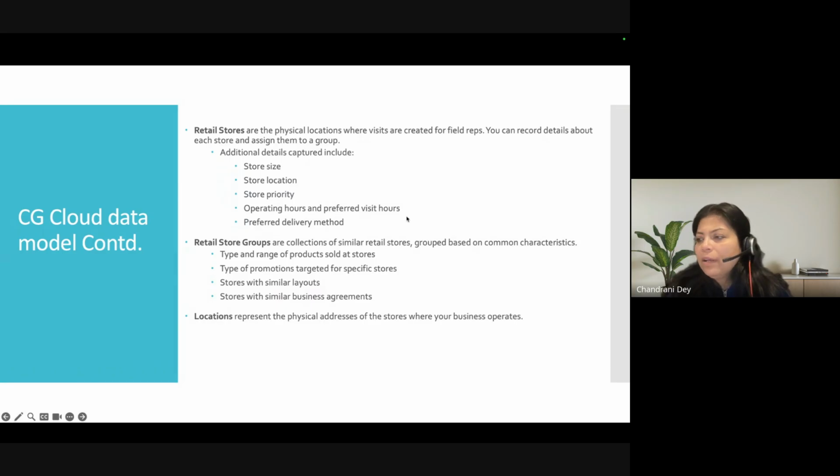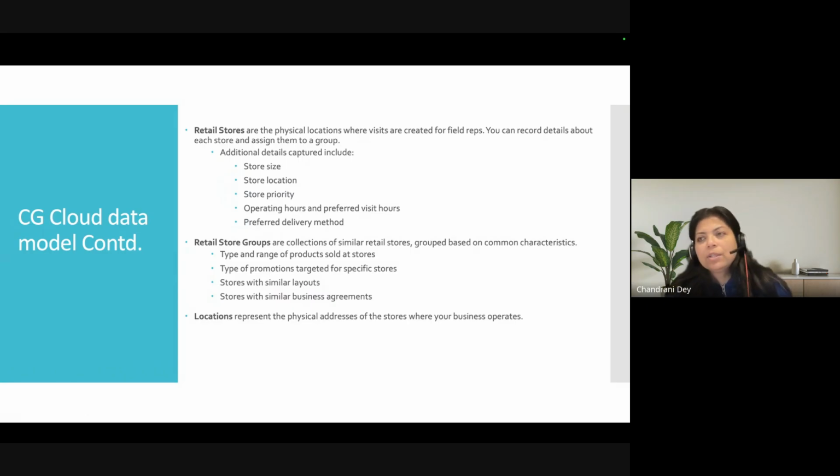And again, there are other things, like at the store level, you also have a store type, which has a pick list, like a regular store. You will have store priority, which indicates how important it is to maintain its brand presence at that particular location. Say in a school location or in a college location, a particular brand might be very popular, so it is very important to maintain that brand there.